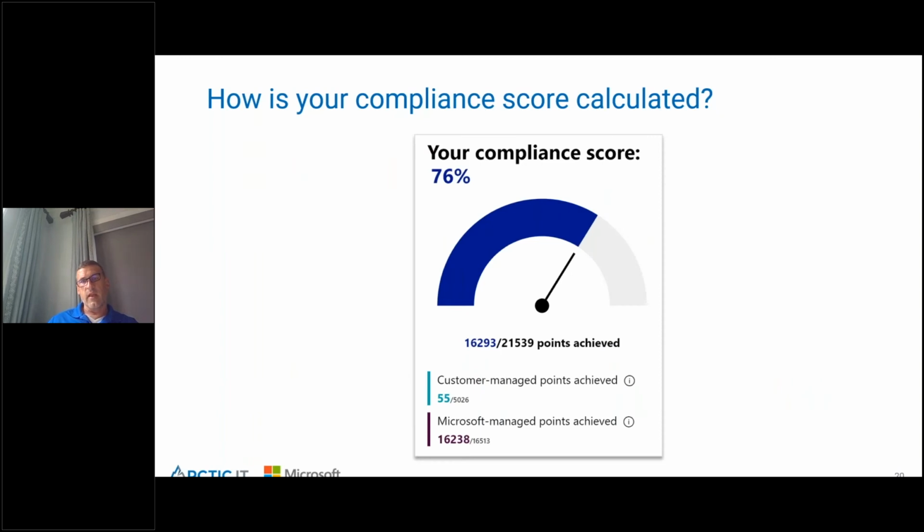Okay, and then here's just a little bit on how we're calculating that compliance score. You'll notice here, there's 16,293 points that were achieved out of 21,539. If you look at the Microsoft managed points, achieved 16,238 out of the 16,513. So there are policies and configuration points that we provide within there that aren't fully deployed. And then on the customer managed, these are things that